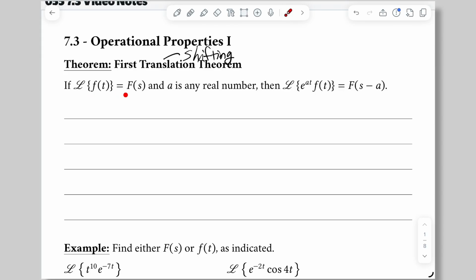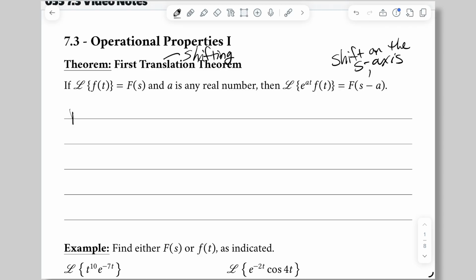If uppercase F of s is the Laplace transform for lowercase f of t, and a is any real number, then the Laplace transform of e to the at times f of t is the Laplace transform of f with an argument of s minus a. This can be thought of as a shift on the s-axis. Now again, we're not really considering the s-axis as a thing unto itself, but it's a shift on the s